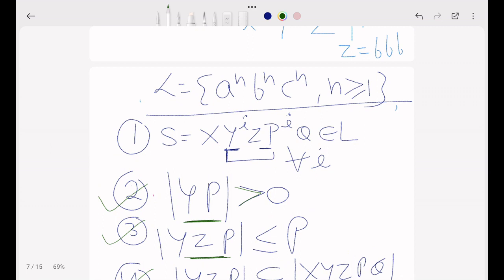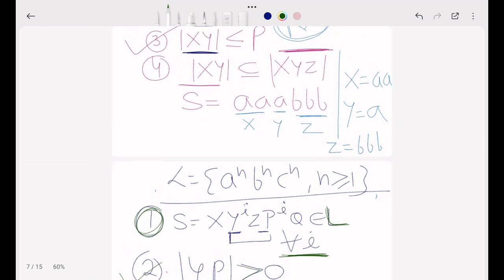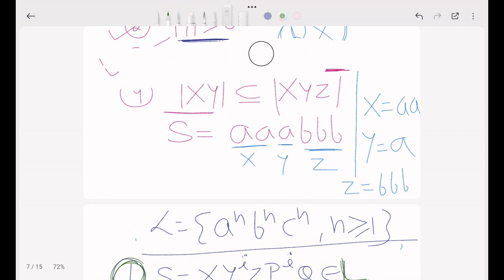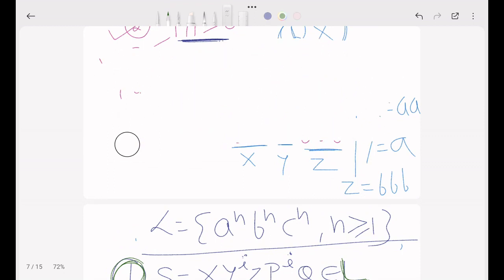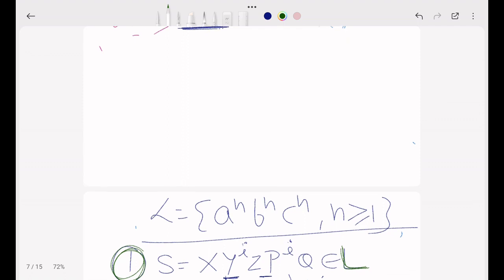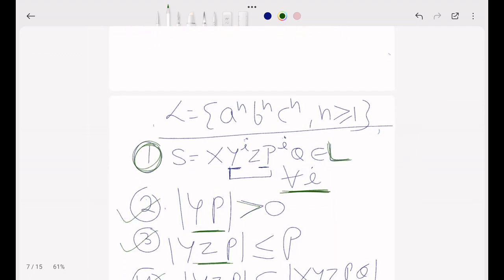Now I will see whether this is satisfying or not. We have to check. I am able to divide into 5 parts. Now I will check for all values of i whether it belongs to L or not. I will check one by one. Now I will remove the above part because there is no space. I will explain here. Again I am writing here. So what is my question? My question is